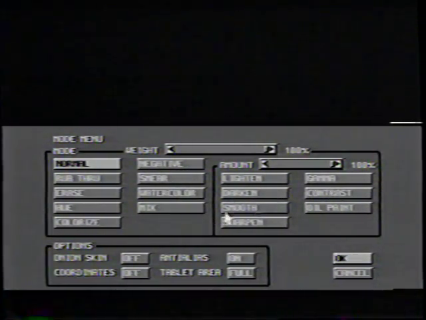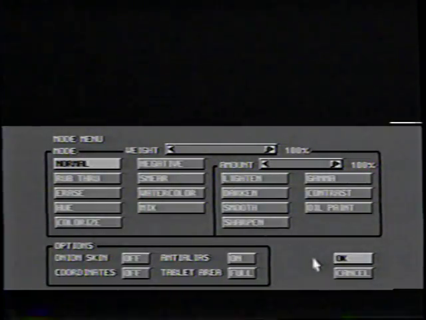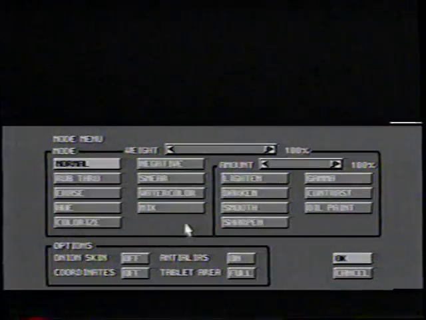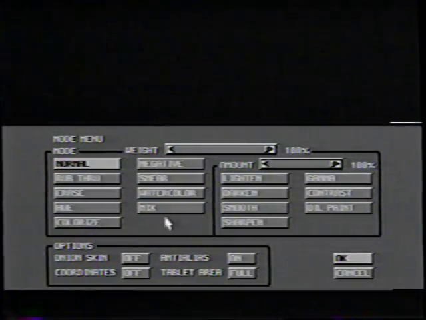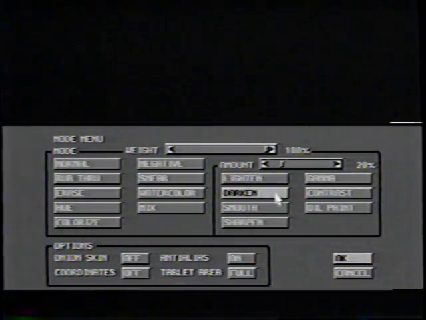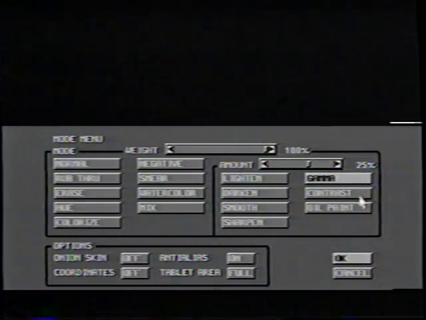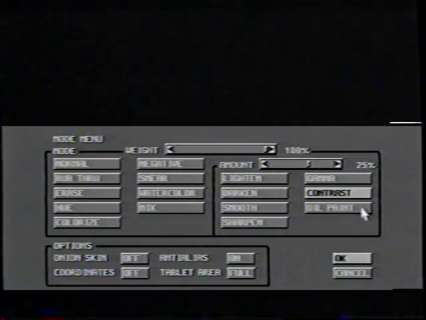And notice too that you have a weight slider just like that on the main menu. The weight slider controls the transparency of your particular drawing mode and also the amount of paint that reaches the screen. The weight control is also on the main menu for ease of use, as we discussed earlier, so that you don't have to go into a sub-menu every time you want to change the weight or fade of a brush stroke. Very handy when you're in a hurry. Here in the Mode sub-menu, you control the amounts of lighten, darken, smooth, sharpening, gamma correction, contrast, or oil paint